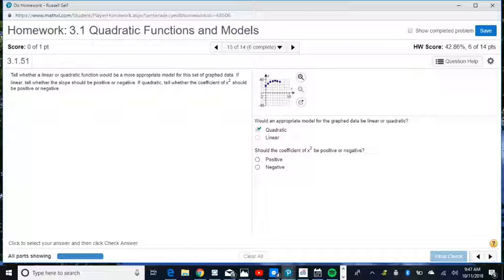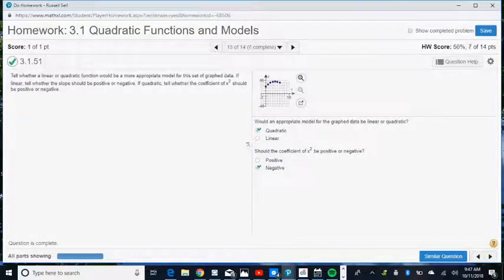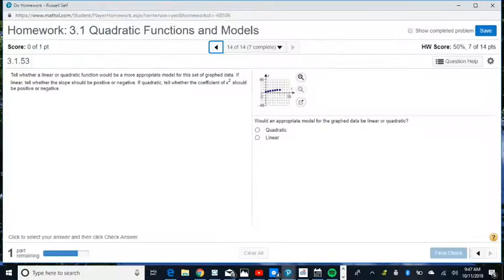All right, should the coefficient of x squared be positive or negative? In other words, would your parabola open up or down if it was a completed parabola? Opens downward, so that means it's going to be negative. Okay, and that's all they ask. Now look at this one, however. Now this one, even though this last dot